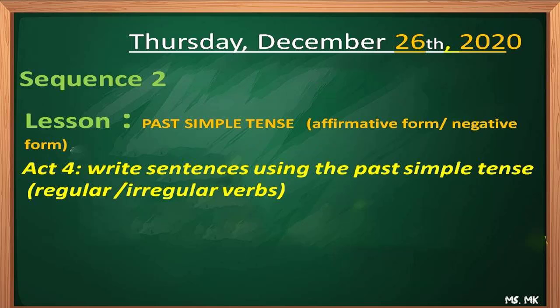Here you can ask them to write examples. Ask your pupils to write sentences using the past simple tense of affirmative and negative. They're going to take their books on page 147. You're going to explain the verbs very well, and they're going to employ them in sentences. This way they're going to get familiar with these verbs because they're going to learn them by heart anyways, because they really need them.